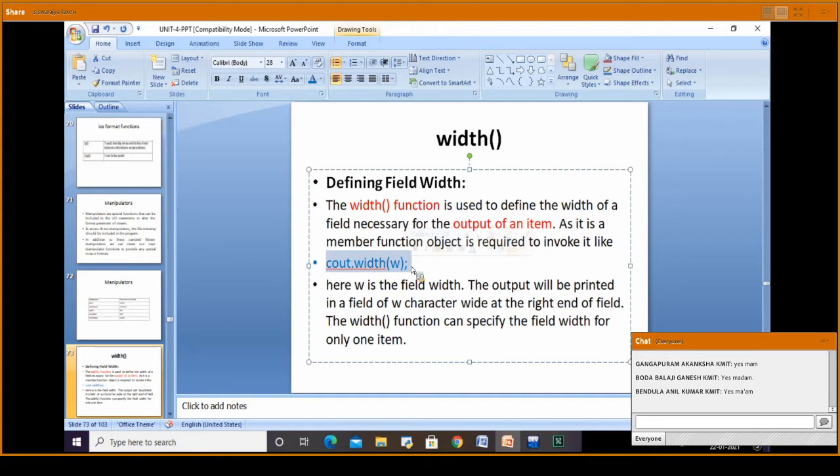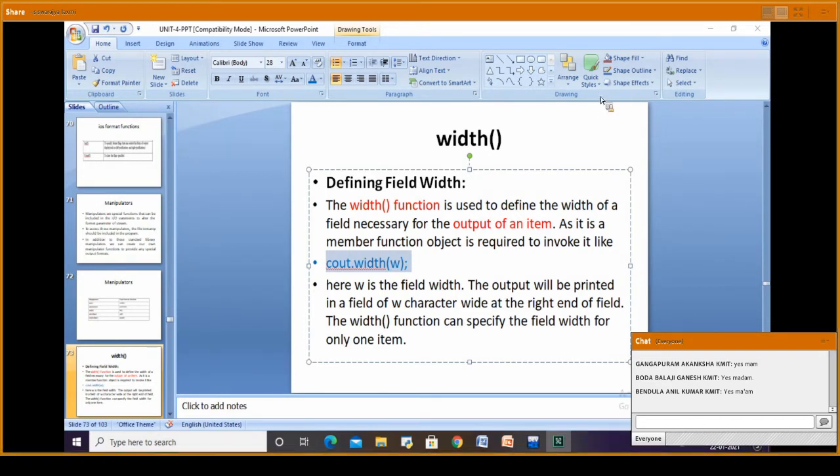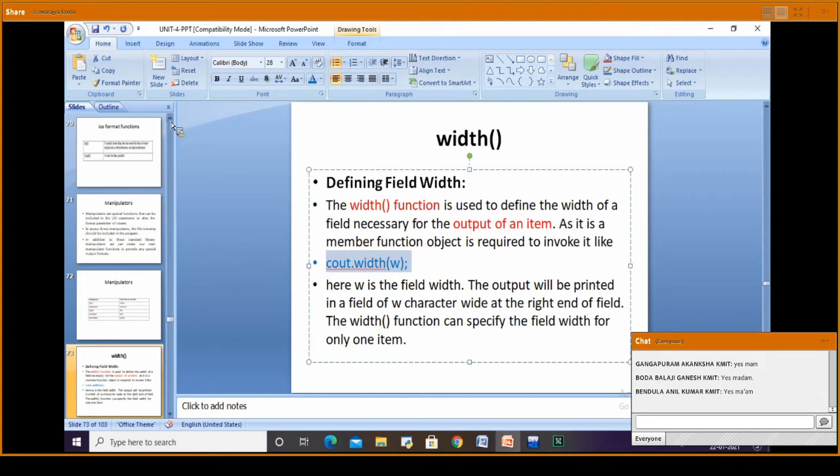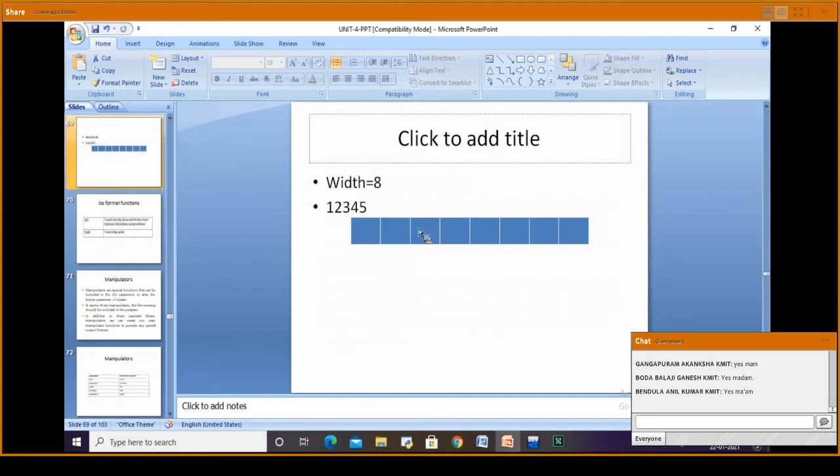Then here we pass w, that is the field width. However much width we want to specify, we include as w. The output will be printed in a field of w characters wide, at the right end of the field.